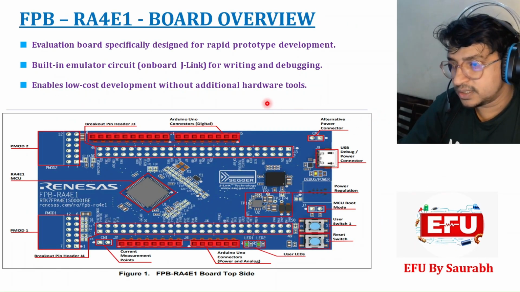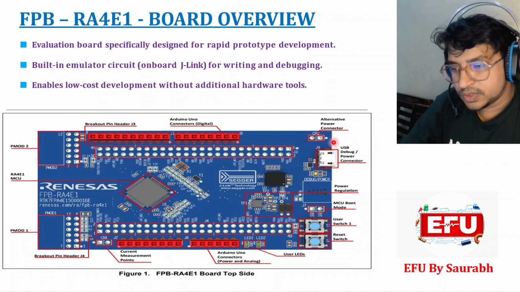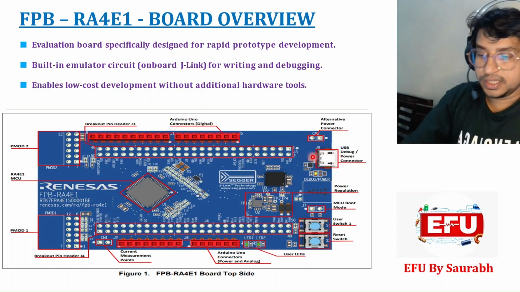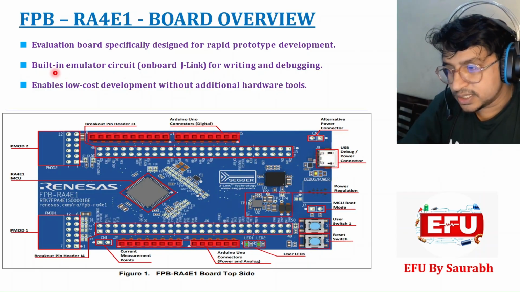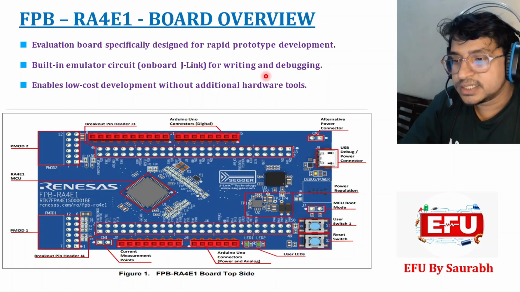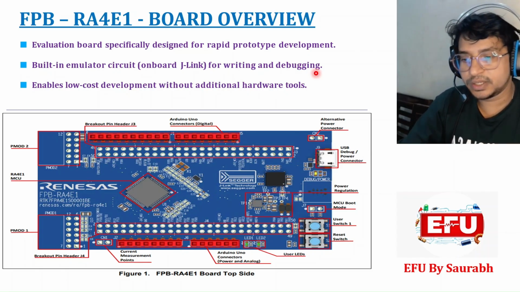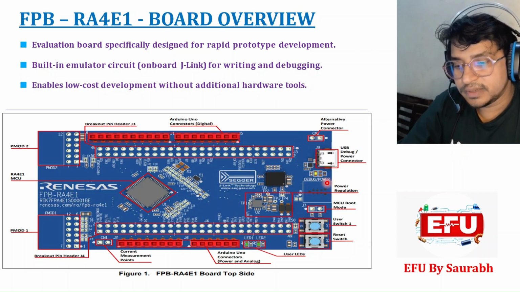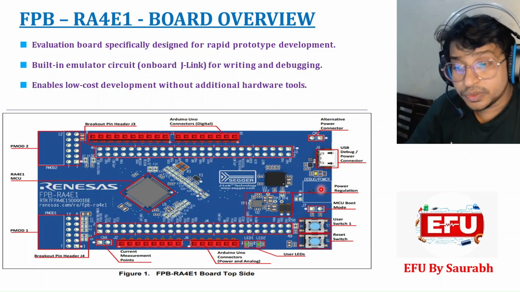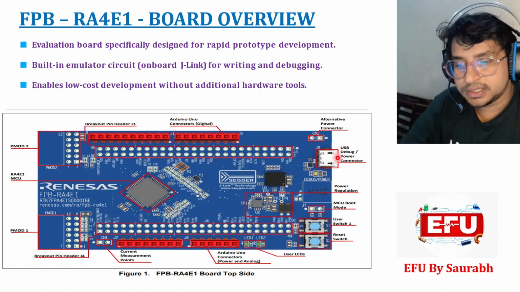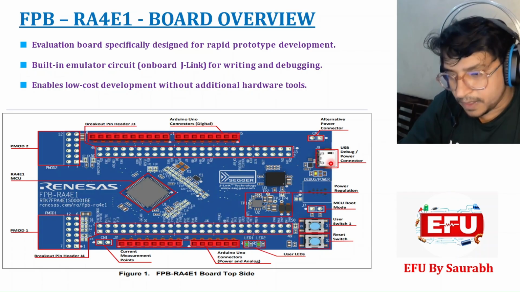Here you can see the overview of the board. You can connect the same USB connector that I am showing here. Here is the J-Link area, you can see it in the second line. J-Link is a debugging tool. It comes separately also, but fortunately it is already available on this board. So you need not purchase a J-Link for debugging purposes. You just need to connect this cable to your PC.